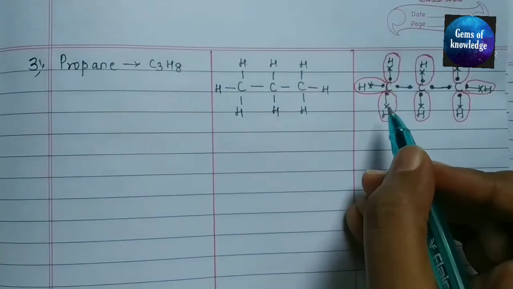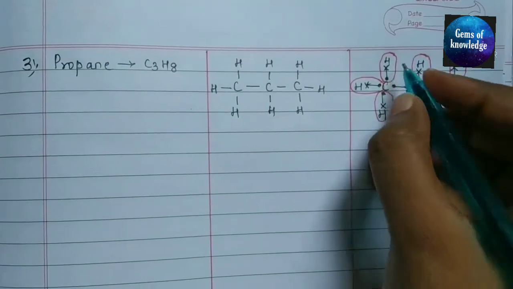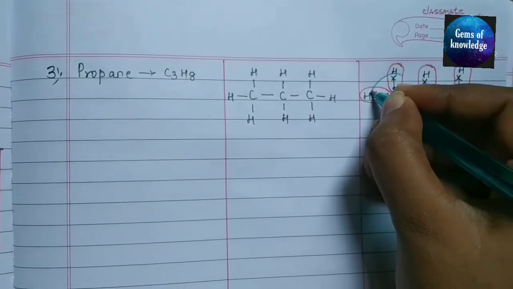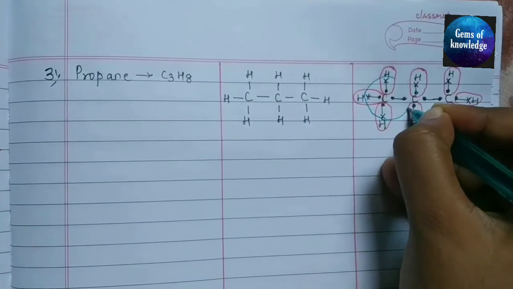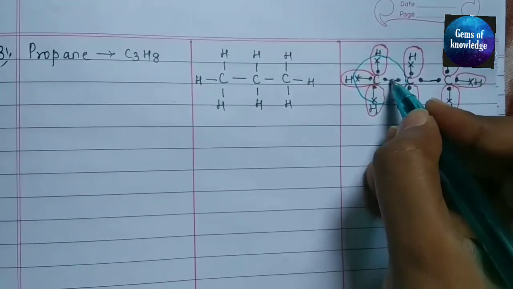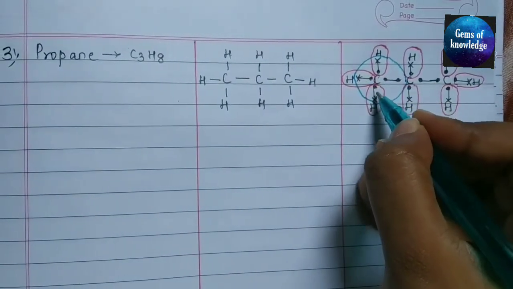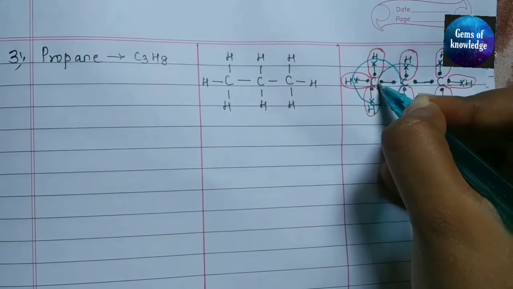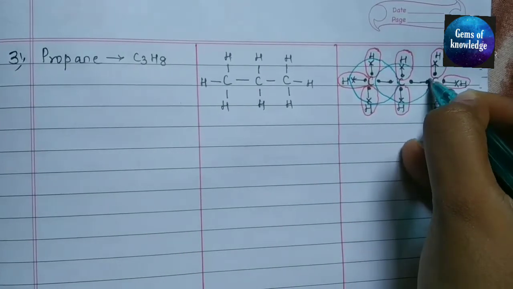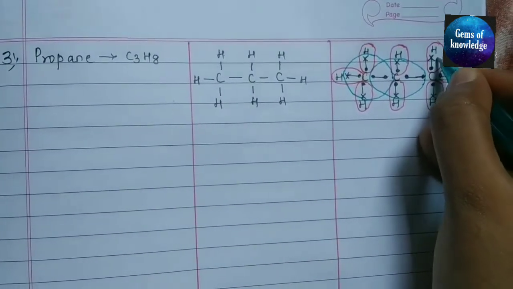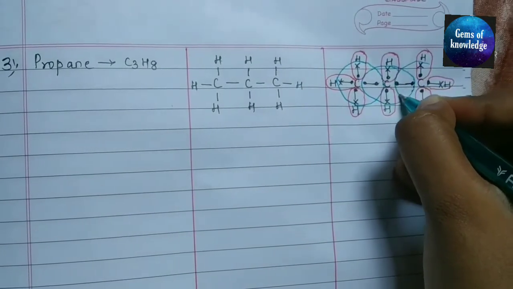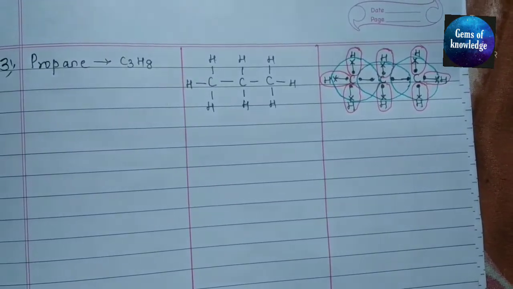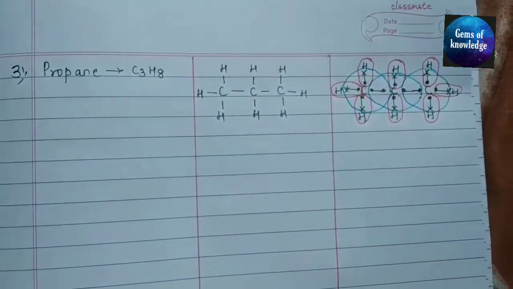Okay. Now what is remaining? Carbons are remaining. So carbon will form a bond between them with 2 electrons. 2 from here, 2 from here, 2 to 4, 5, 6 and 7, 8. Okay, just see 1, 2, 3, 4, 5, 6, 7, 8. Similarly, this will form a bond: 1, 2, 3, 4, 5, 6 and 7, 8. Similarly, this also 1, 2, 3, 4, 5, 6, 7, 8. So, this is the electron dot structure for propane.